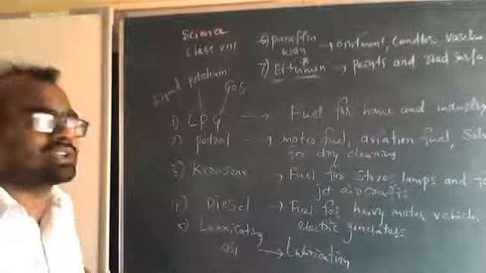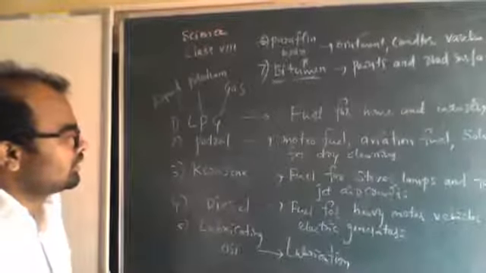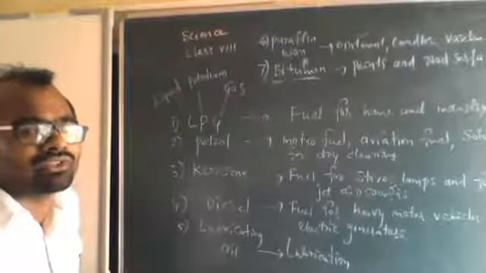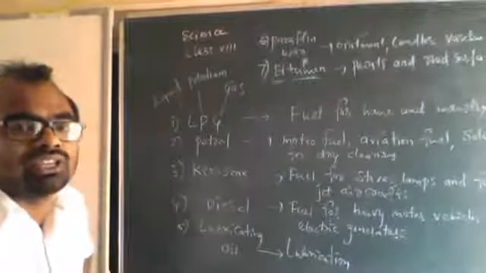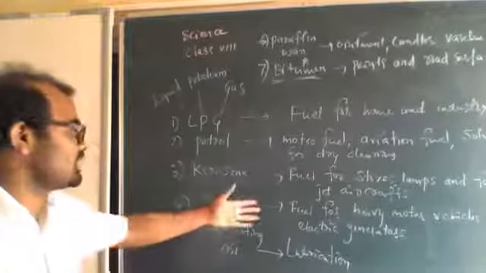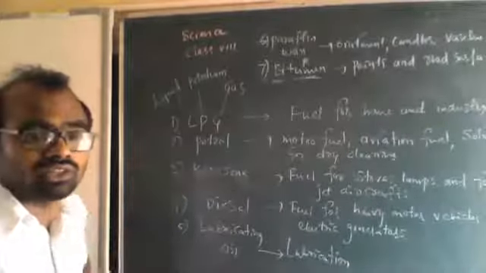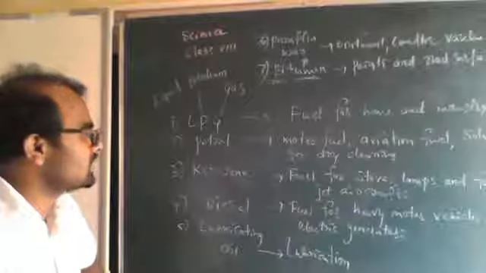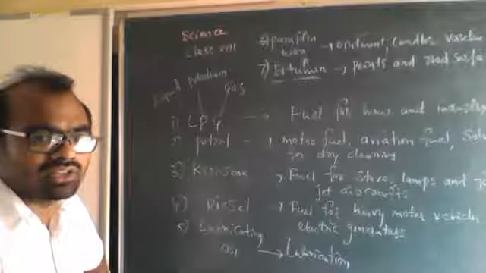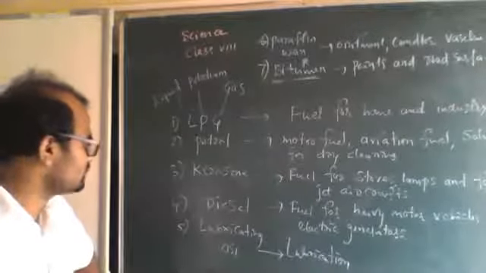They might ask you this question: which is the fuel used in jet aircrafts? You have to write it as kerosene. Okay, kerosene. If they use it in jet aircrafts, it is kerosene. So diesel is the fuel for heavy motor vehicles and electric generator. They use diesel in electric generators too. The big generator machines you see, wherever they are, there they use diesel in the electric generator. And heavy motor vehicles means car, bus, truck, cruiser, tempo, so they all use diesel.